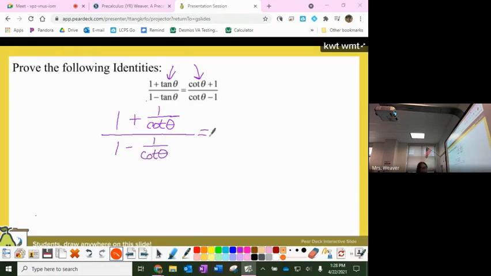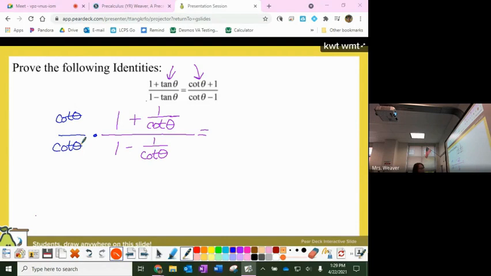Okay, and now we still need to use that technique that I was talking about. We still need to get rid of our denominators. So we're going to multiply both the numerator and the denominator by the common denominator, which would be cotangent theta. So I'm going to multiply by cotangent theta over cotangent theta because that's just 1. So it's legal to do because we're just multiplying by 1. Multiplying by 1 changes its appearance here, but not its